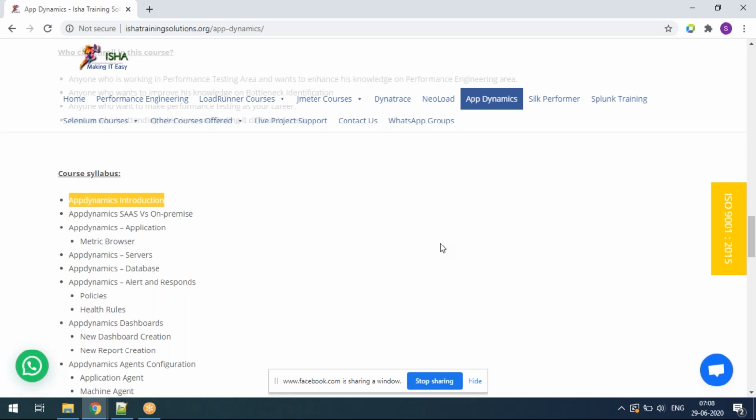When the end user is using that application, these agents collect certain information and send the data to your AppDynamics UI, the front end, which they call the controller. There you will be measuring client side, server side, and DB side response time. You can segregate and measure the data.